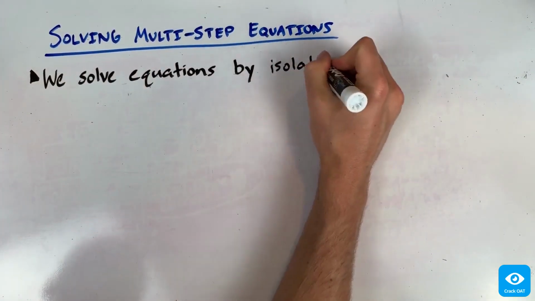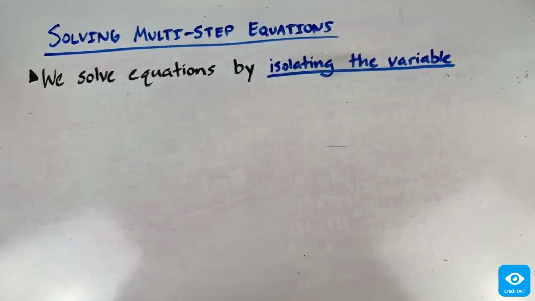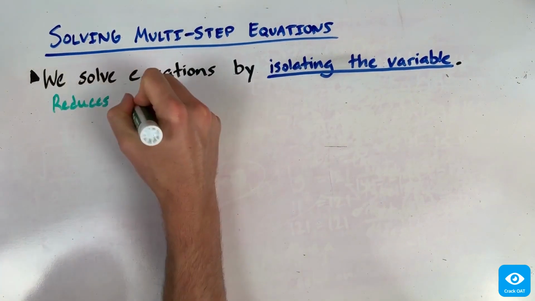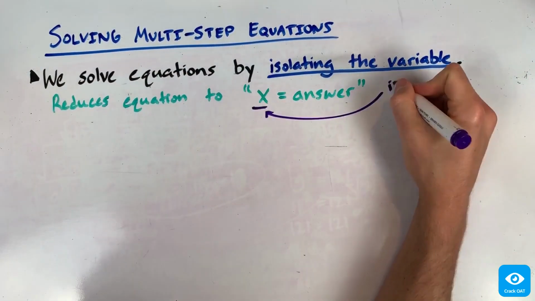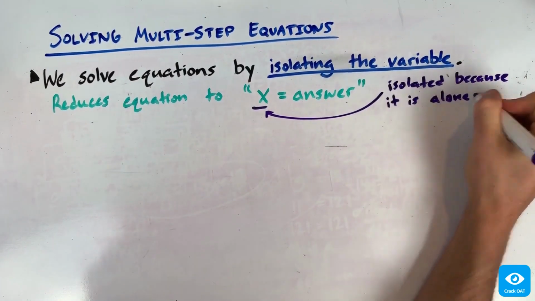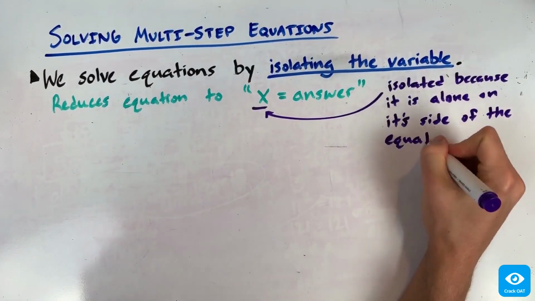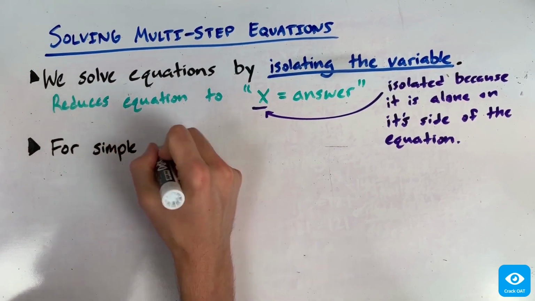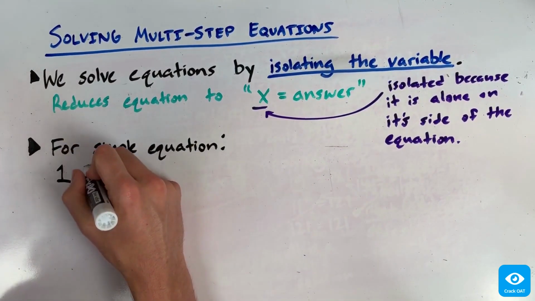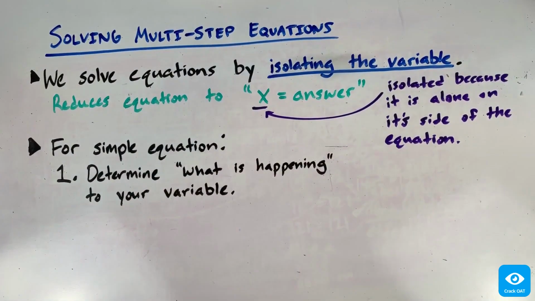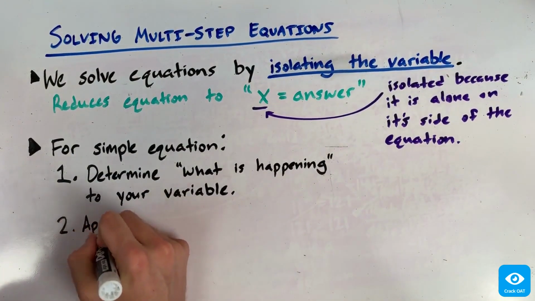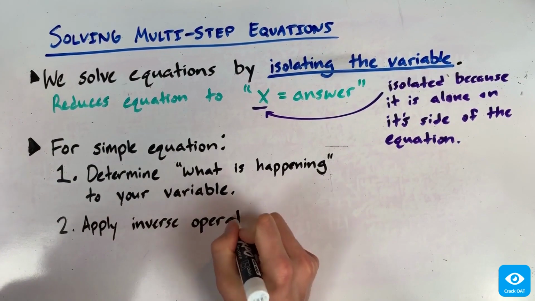Last video, we discussed that the main idea behind solving equations is to isolate the variable on one side of the equation. That's because when we do that, our equation will have the form x equals our answer. Now, in the case of the simple equations we dealt with last time, our process for isolating the variable was simply to identify what was happening to the variable, and then apply whatever inverse operation we needed to undo what was happening to it. And that works fine and dandy